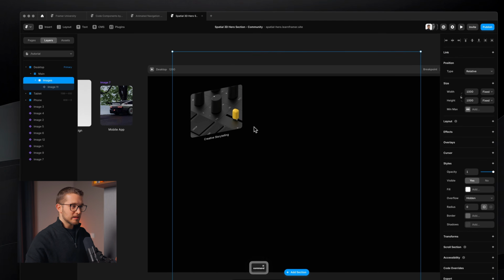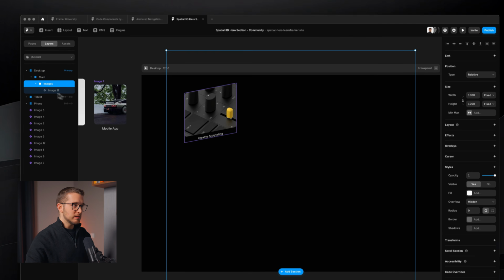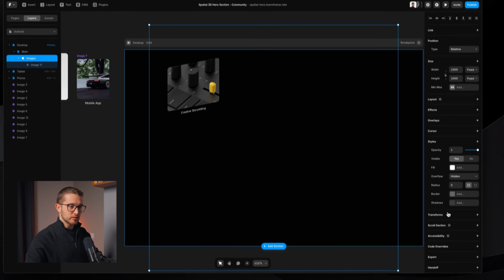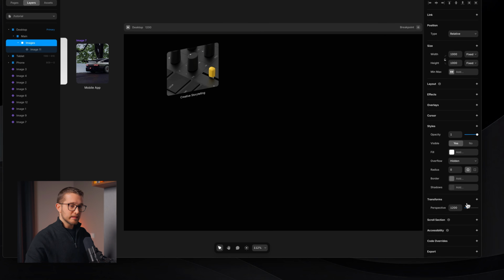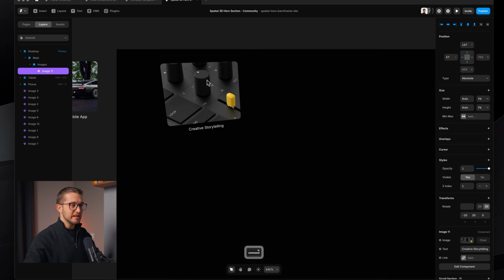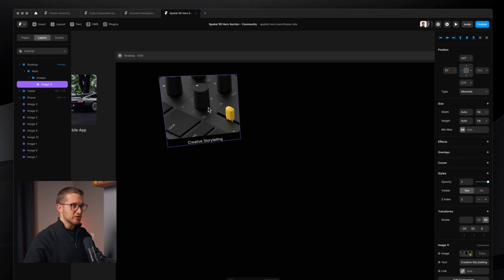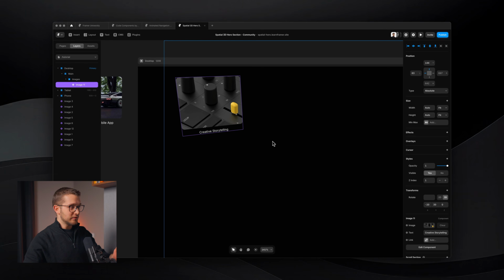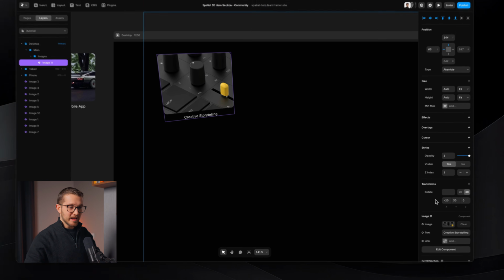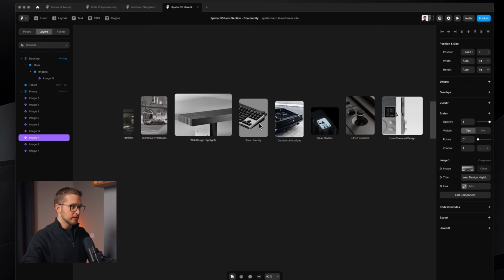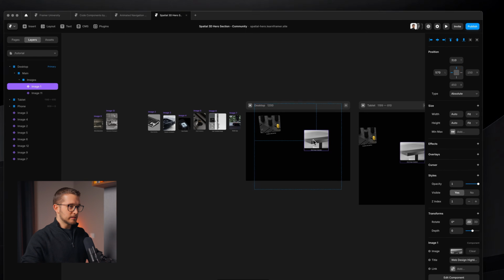We can see the effect better by applying perspective to the images frame. So the parent frame of this image, images, transform, and perspective. And then I also have to set preserve 3D so that these images within will be nicely in the same 3D space. So now you see the perspective distortion on the image. And yeah, basically I have to do this with the rest of the images. I have to put them inside of this images frame and then set a nice 3D rotation on each of them. So I can grab another card like this one, for example, and I can place it within the images